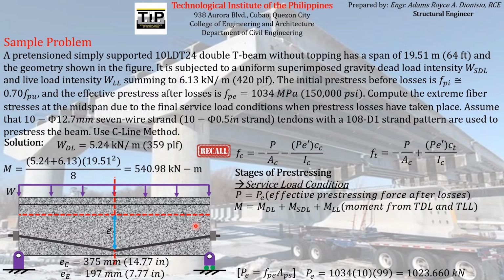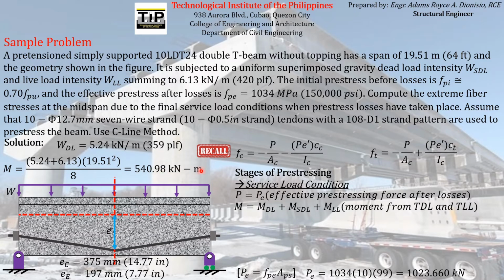And we know for a fact that the formula for the moment acting on midspan of a simply supported beam is just equal to W L squared over 8, wherein our W will be equal to the weight of the concrete itself, which is equal to 5.24, and the sum of the superimposed dead load and live load, which is given on the problem, which is equal to 6.13. So that is our W, and then our length L is equal to 19.51, which is given on the problem. So if you compute for that value, the moment acting on the midspan,